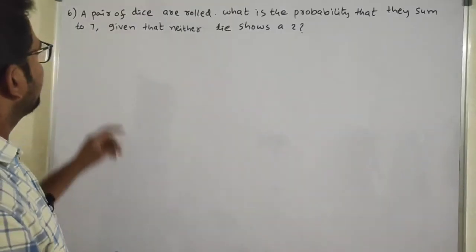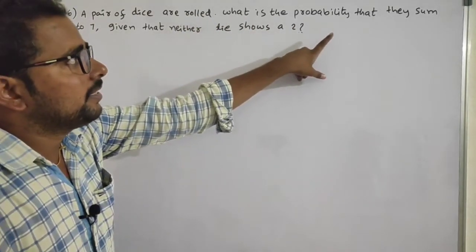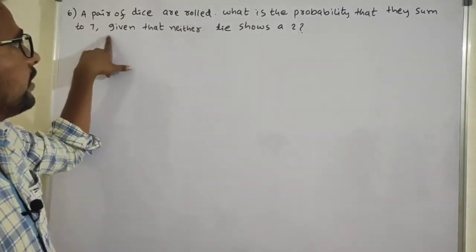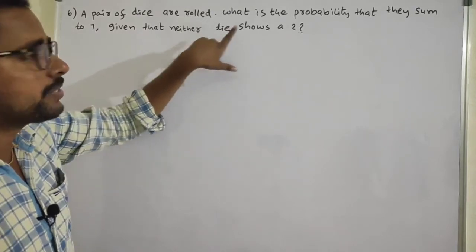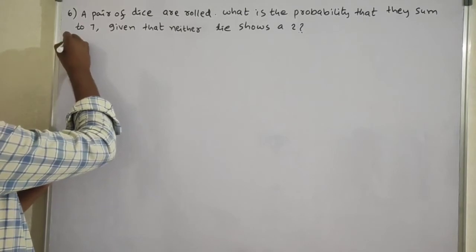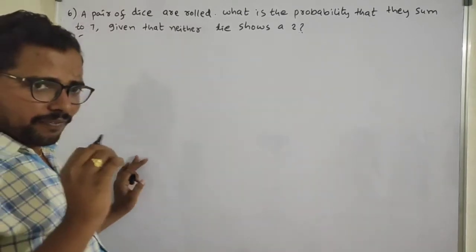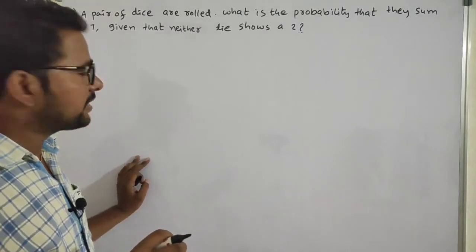Now sixth question. A pair of dice are rolled. What is the probability that they sum to 7 given that neither dice shows a 2? So what is given? A pair of dice are rolled. If you throw a pair of dice, what is the sample space? S is equal to